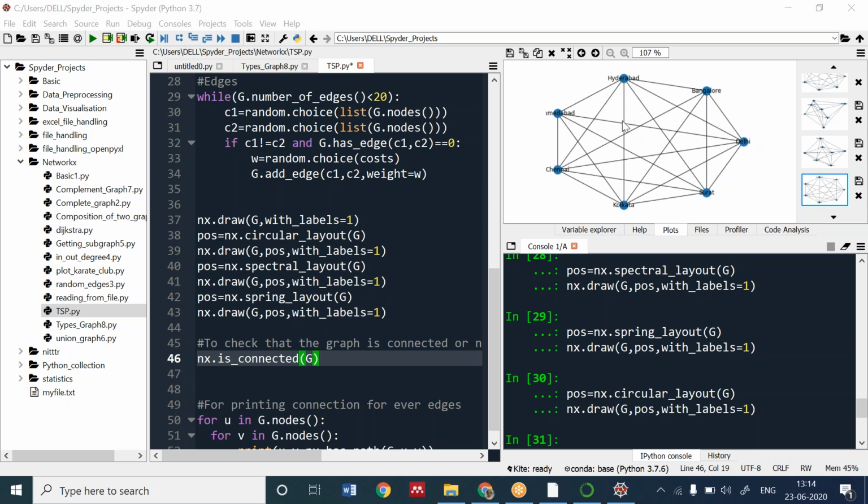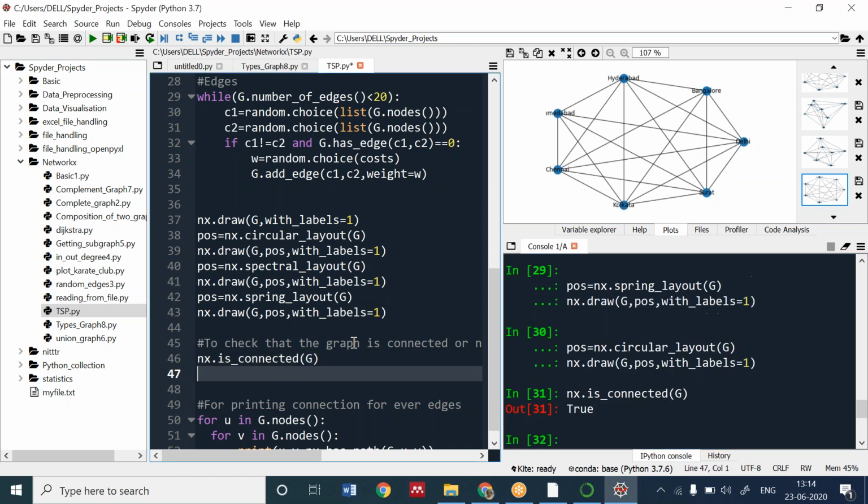Good, good. Aniket, Bhavya, everyone has responded correctly. Let me run this. It's returning true because all the nodes are connected.